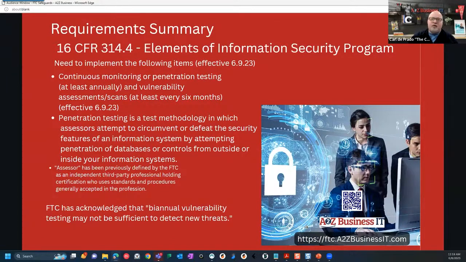For certain really large corporations, that does make some sense because they will have in-house teams already there and their own in-house security. But for smaller businesses, that makes really no sense. What you're better off having is continuous monitoring. When you look at the cost of penetration tests versus continuous monitoring, continuous monitoring is far less expensive and infinitely more secure. But you're going to need to have one of those two things.